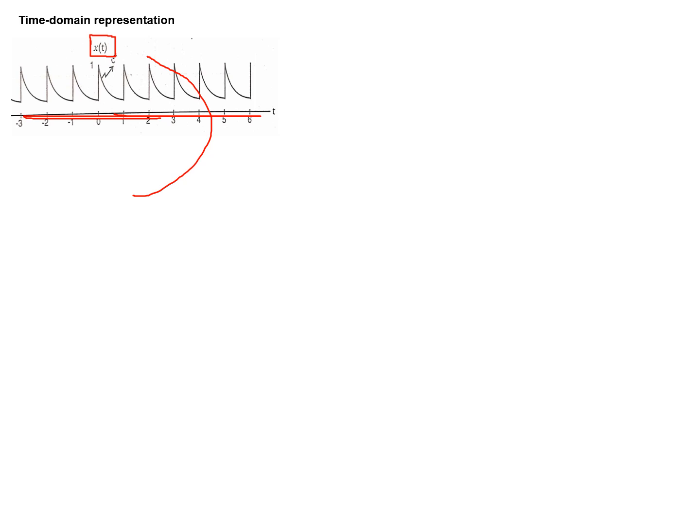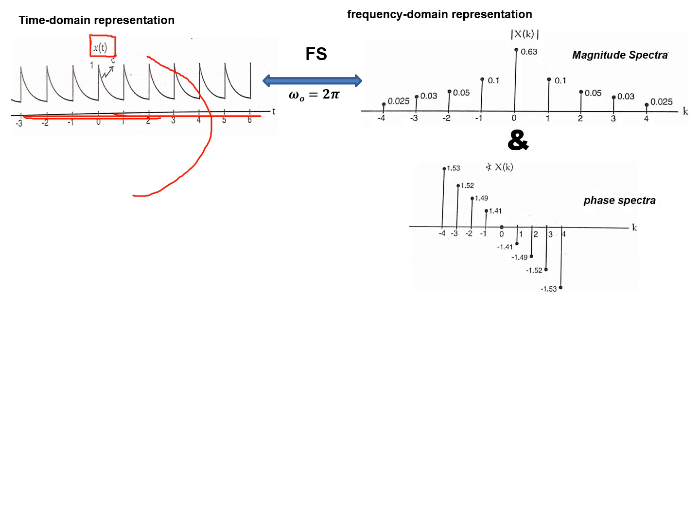You cannot get both time and frequency in Fourier series. For that you have to go for some other transform, like the Fourier transform, when you require both time and frequency in the same representation. Now the frequency representation here is the Fourier series representation because it is a periodic signal. It is a continuous time periodic signal. Therefore the frequency domain representation is the continuous time Fourier series, which is obtained as follows. The fundamental frequency is 2 pi radians per second. In the Fourier series representation, first the phase and magnitude spectra, that is, this is the magnitude spectra.